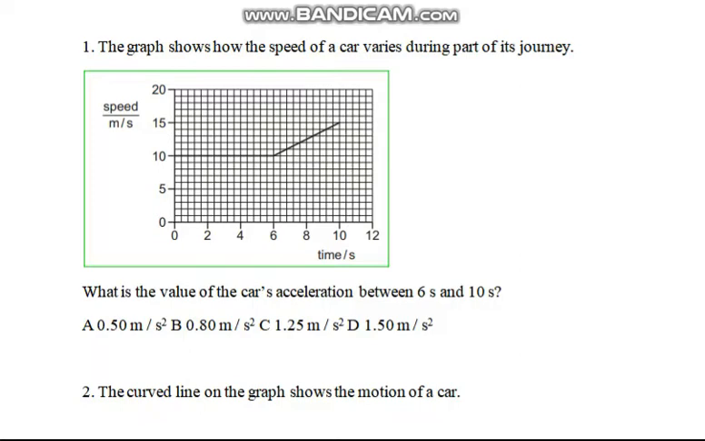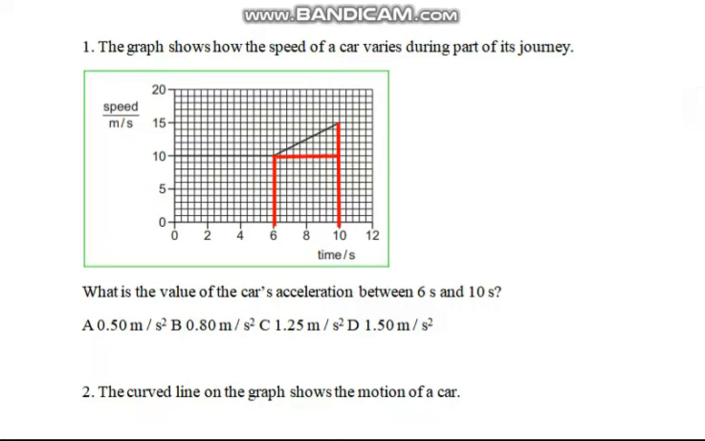What is the value of the car's acceleration between 6 and 10 seconds? So we need to find the acceleration, that means the gradient of the speed time graph. For that, we will drop down perpendiculars for this time duration 6 to 10 seconds and thereby find the gradient. For the gradient, we will consider the triangle